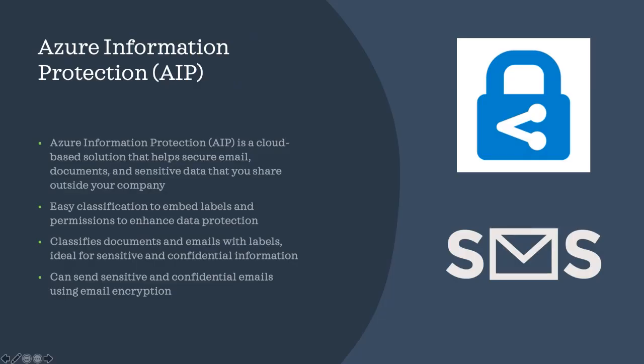So Azure Information Protection, as I've just briefly mentioned on the last screen. This service is one of the products that we do sell quite a bit of, and it might be something that your business might need. It's effectively a cloud-based solution that helps you secure email, documents, and any sensitive data that you share outside of your company. So, for example, you have a legal contract, or financial documents, or anything that you only want the person you're sending it to be able to view, you can add what's known as labels or